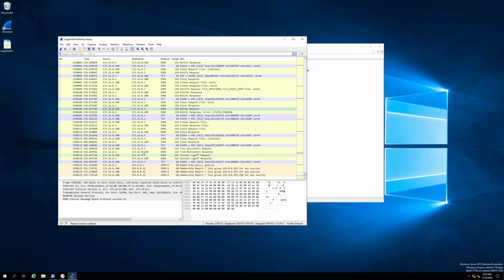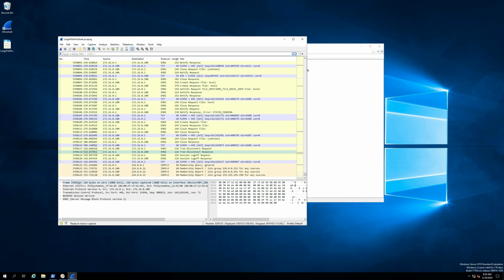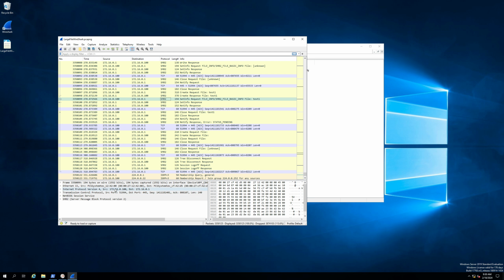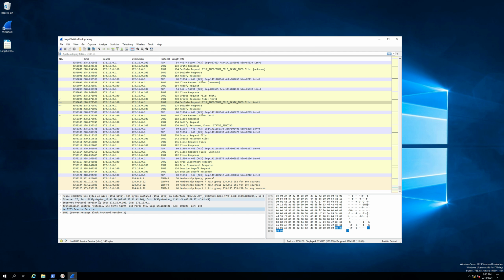And for those of you a bit unfamiliar with Wireshark, you can see packet information here on the bottom. Just select the packet that interests you, and you'll see, for example, layer 2 information right here, MAC addresses, and then layer 3, layer 4 information here. However, going back to it, we can see the source was 172.16.0.100, which we know is our client 3. Our destination is dot 0.1, which is our server, which is exactly what we expected. But as I said, we're done with Wireshark. We should move on. We'll go back to Performance Monitor,